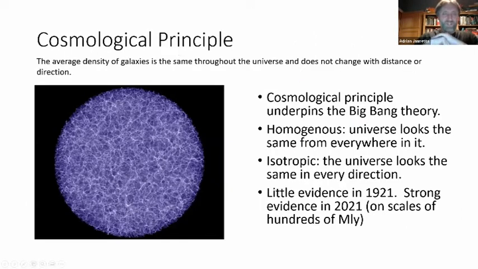Now, one of the underlying principles of cosmology is this thing called the cosmological principle. I'll just describe it very briefly. It basically says that every bit of the universe is the same as every other bit of the universe. That means if you look at this bit of the universe here and count the number of galaxies in it, for example, and you look in all directions in your sky, you'll see basically the same kind of density and distribution of galaxies as you would if you'd picked that bit or that bit. The reason astronomers make this assumption is because it makes the equations that Einstein came up with for gravity easier to deal with. If you don't have this assumption built into Einstein's equations, they become almost impossible to solve